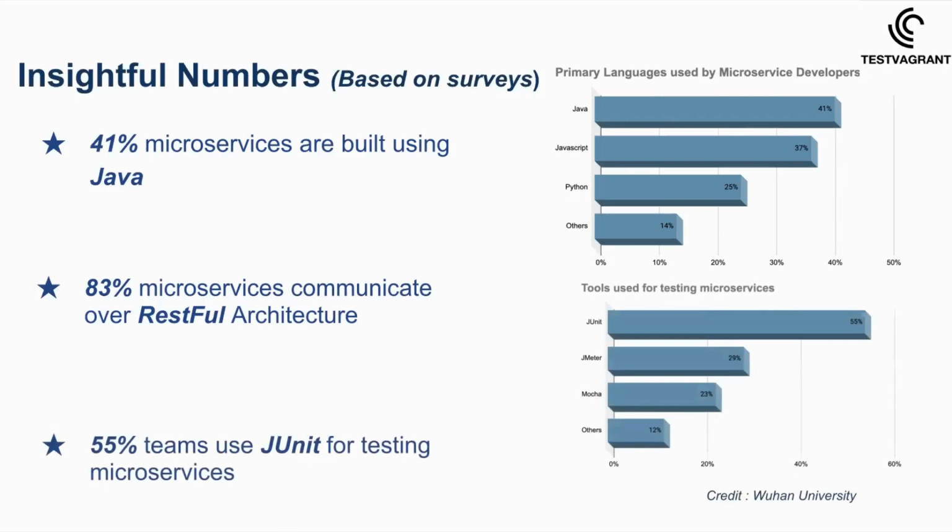The next data is the use of testing tools, right? So we have JUnit as one of the most prevalent tools which helps you write tests for a microservice. Of course, it is quite aligned to the use of language, right? I mean, JUnit is a Java library which you can use to write automated tests in your code. However, apart from JUnit, you'd see tools like JMeter, which is used by 29% of the companies who participated